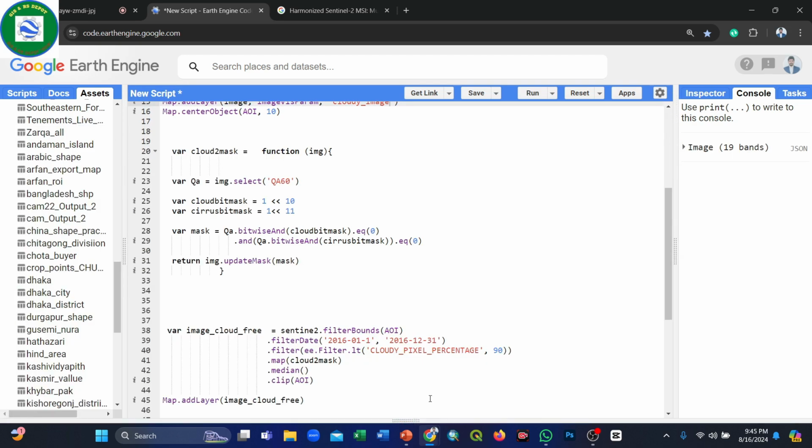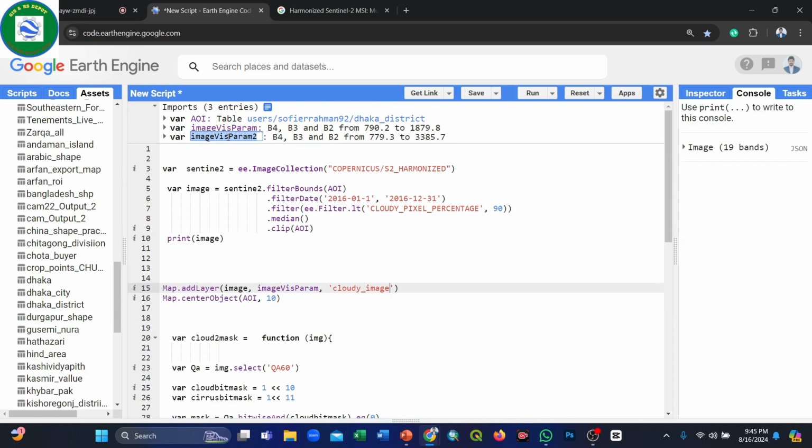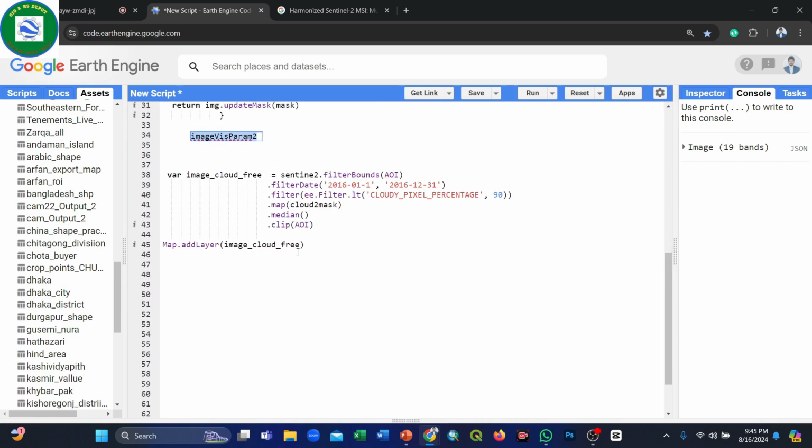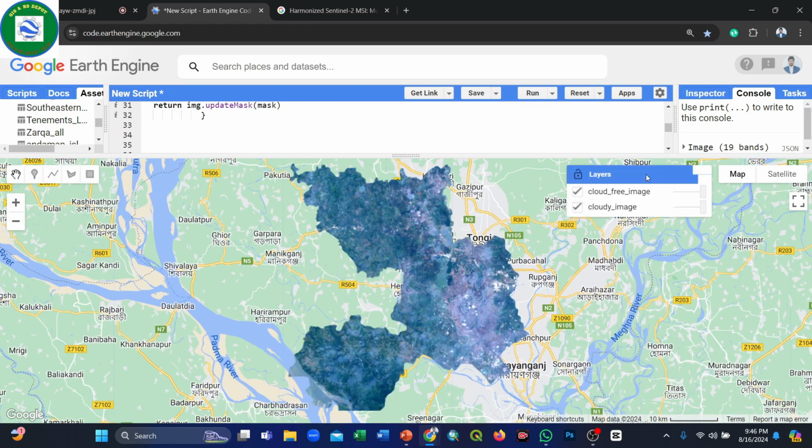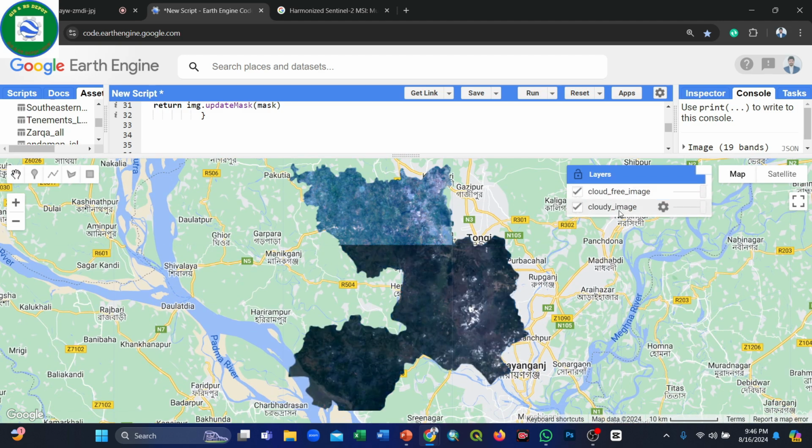Apply and import in our code editor, it is automatically imported in a new line as our code, this param 2. So simply copy this param 2 and paste here, image cloud 50 layer, and set the layer name as, suppose, cloud free image. You can set any variable name, it's not a big deal. Now you see in our layers, one layer is this cloud free image, and another layer is